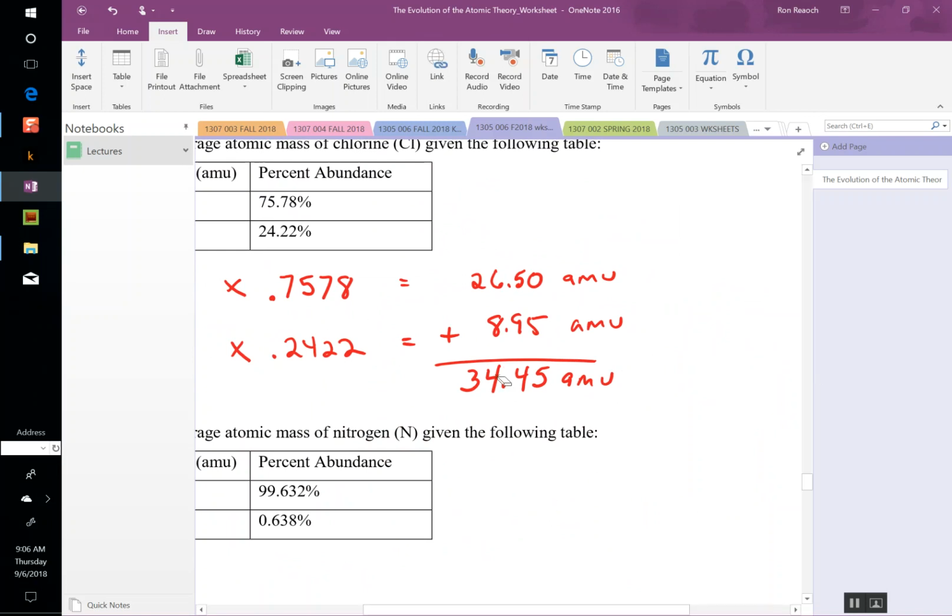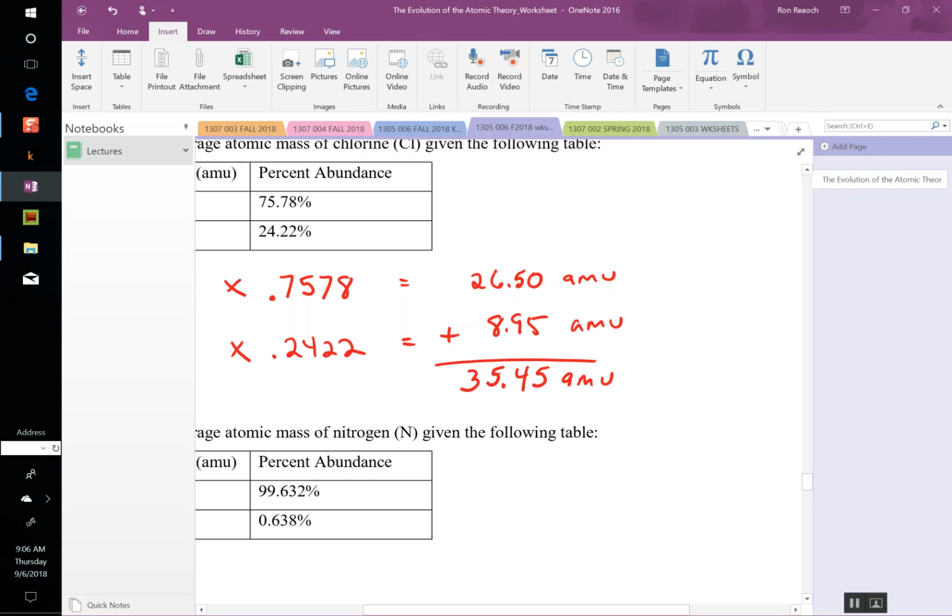I'm sorry, 35.45 atomic mass units. On average. So you go to HEB and you buy a bottle of Clorox bleach. Clorox. The active ingredient in there is chlorine,